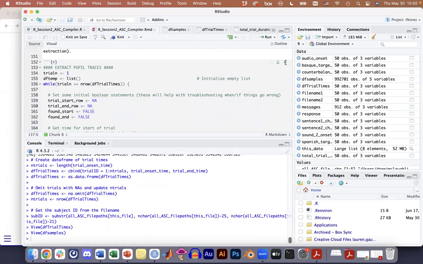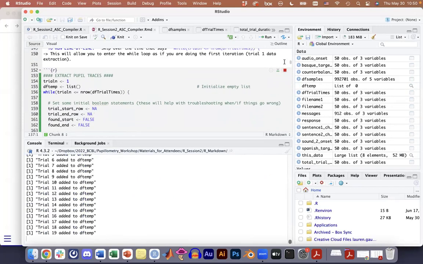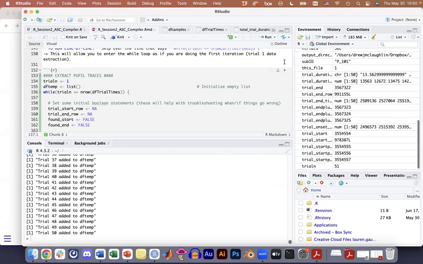Go ahead and run this. And what I want you to observe are the messages that are going to be printed out for you. Look how fast that was. Sorry, I'm very proud of that. I made this code more efficient in the last month. And this is a single participant. If you imagine a lot of my data sets have 50 participants, it takes less than 5 minutes to get this data. It used to be longer, but